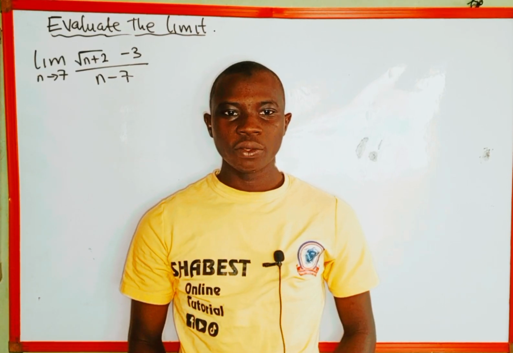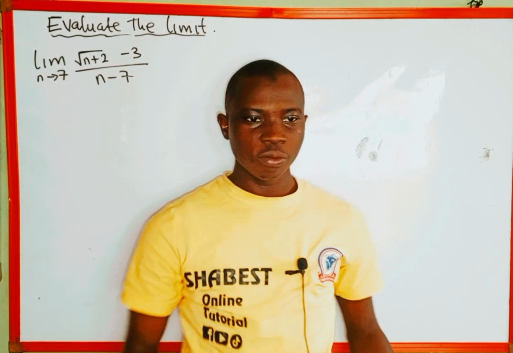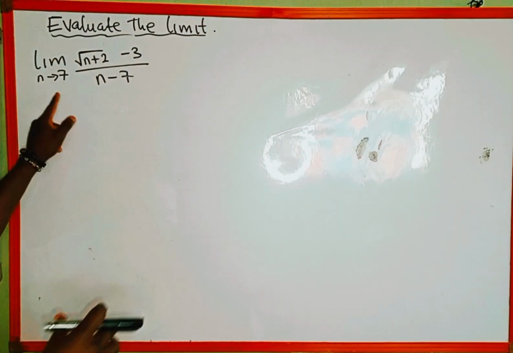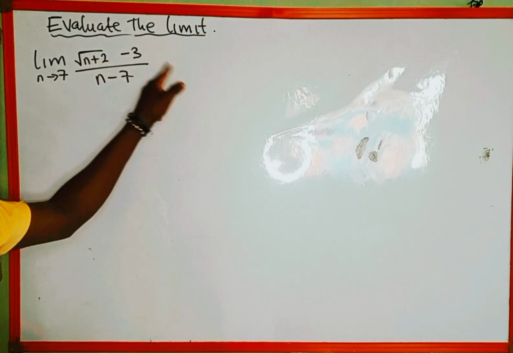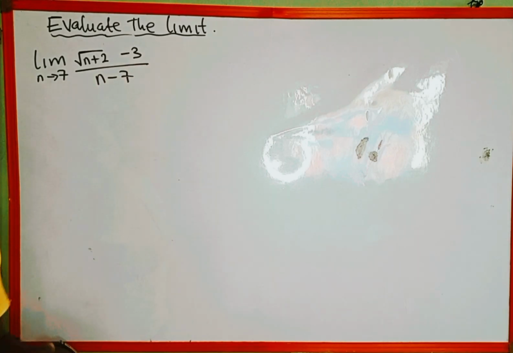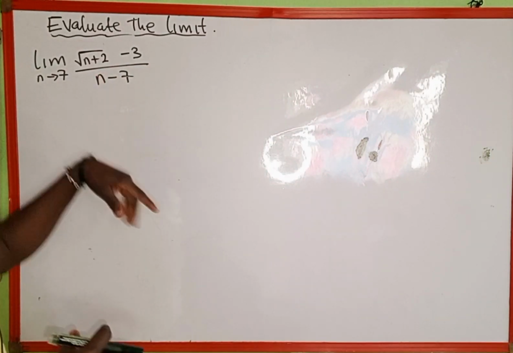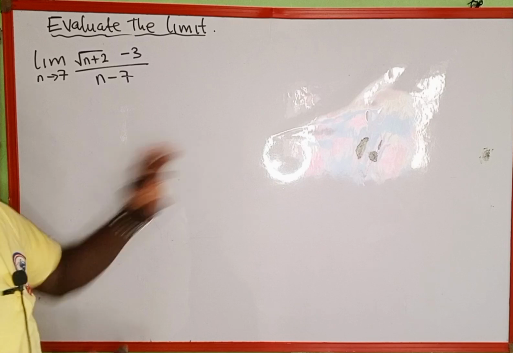In today's tutorial, we're going to learn how to evaluate this limit on the board. The given limit is the limit as n approaches 7 of the square root of n plus 2, minus 3, divided by n minus 7. If you look at this function, it's indeterminate as n is approaching 7 because when we